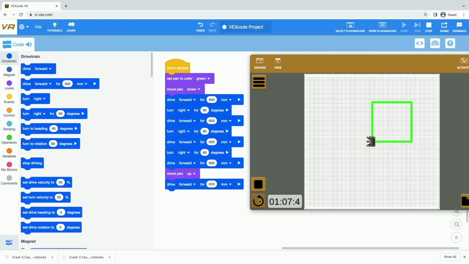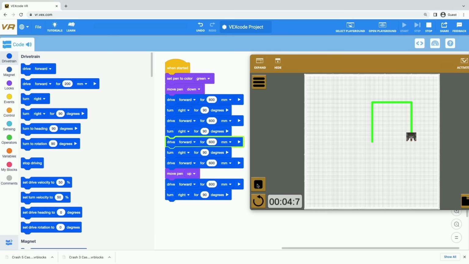And that will put me where? Let's find out. Yep, that should definitely be enough space. The last thing I need to do is turn my robot one more time so that it's ready to face the right direction. So I'm going to get another turn for block and have it turn right one last time so that it's ready and facing in the correct direction. So let's look at that.